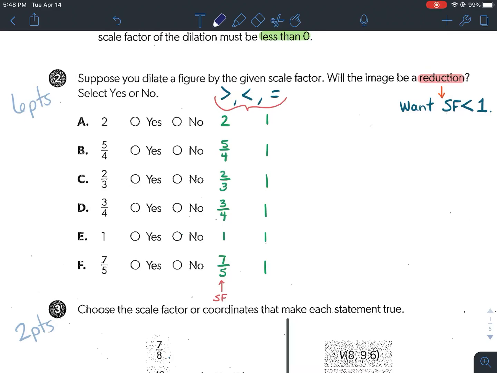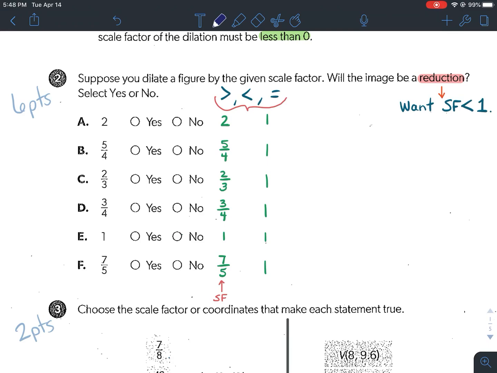Understanding Dilations, Worksheet 20, question number 2. Suppose you dilate a figure by the given scale factor. Will the image be a reduction? Select yes or no. Okay, so remember, in order for it to be a reduction, the scale factor has to